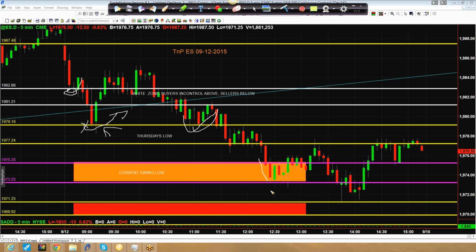Remember, my stop is 2 points behind each of these zones. That's where the stop is sitting. It traveled all the way to the back of the zone, broke it slightly, then came all the way back up, paid you your 2 points, and then came right to the tick, 1971 1/4, and rotated all the way up to 1977 1/4. And again, I want to reemphasize, the